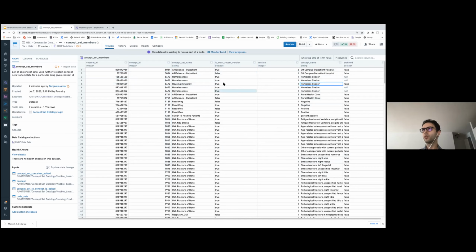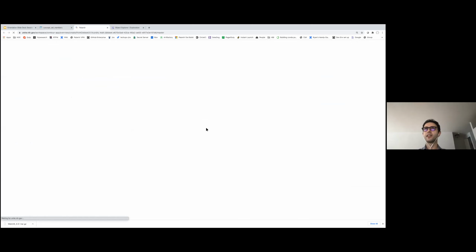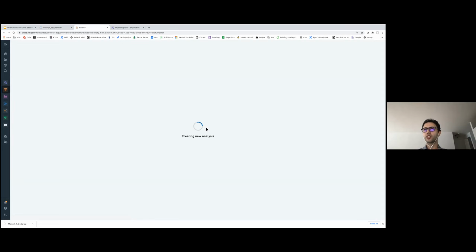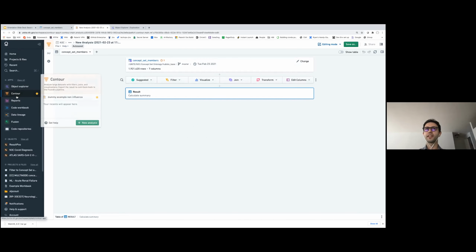So one thing we can do here is click on Analyze this data set. And this will take us to this tool that I mentioned at the beginning called Contour, which you can also access from this tab. So there are many ways to get into the same view.